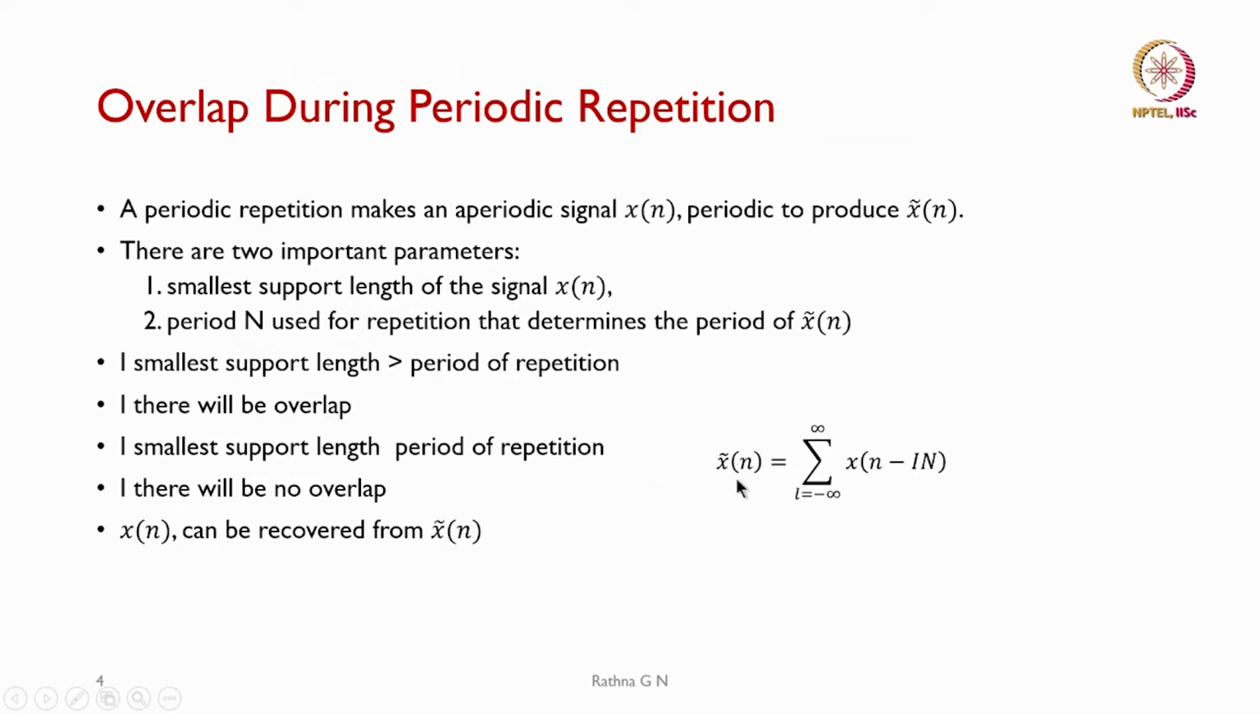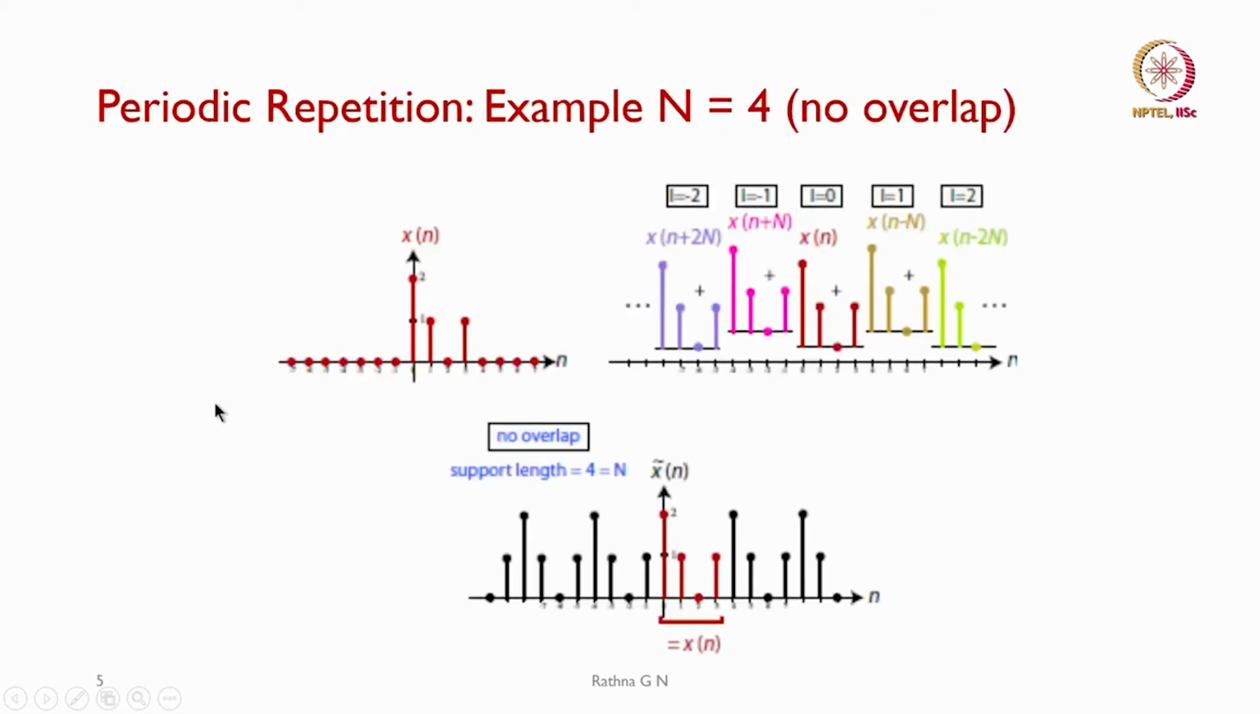So, how do we represent x tilde of n? It is the sum over l from minus infinity to infinity of x of n minus l N. So, l will be defined with these parameters. To show how the periodic repetition is going to be, consider no overlap, and N is taken as 4. This is our x of n. Then what happens to the repeated signal